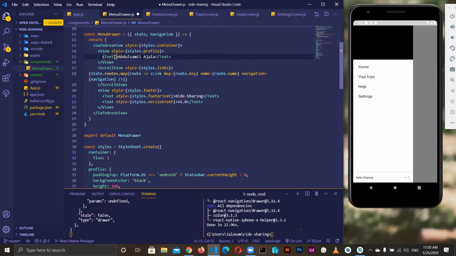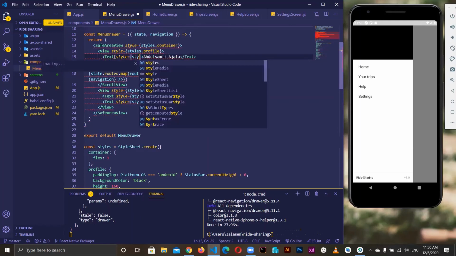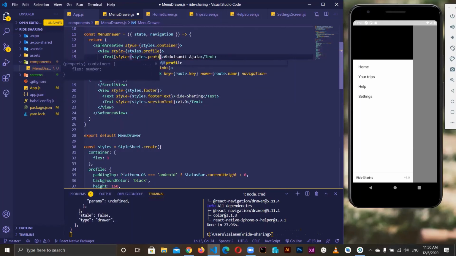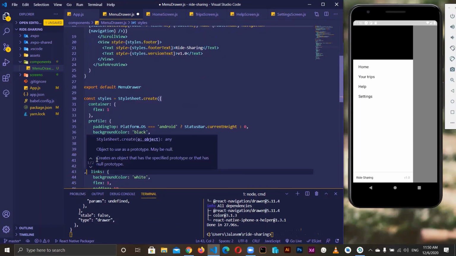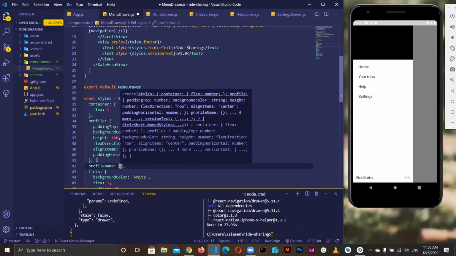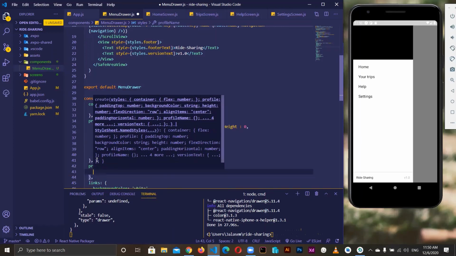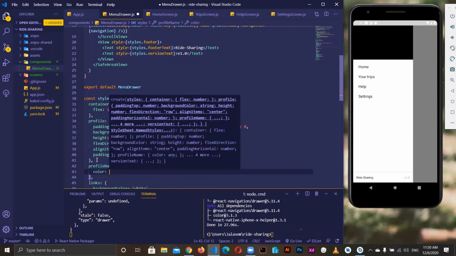So I will say style equals styles.profileName. So I'll go ahead and define that. Profile name, we have a color of white,